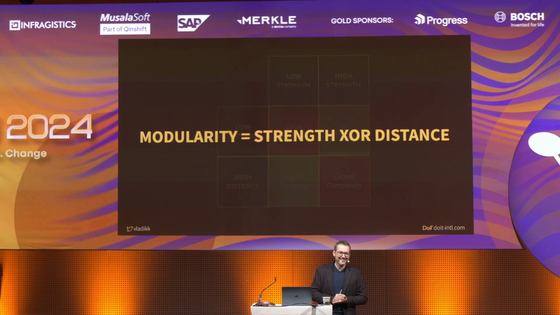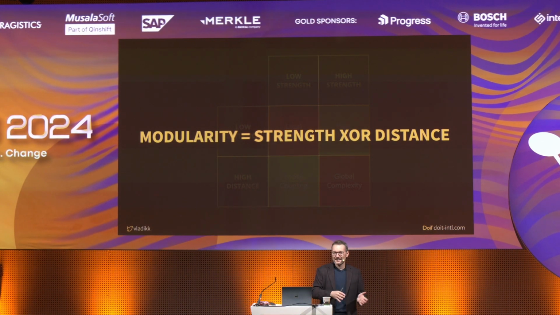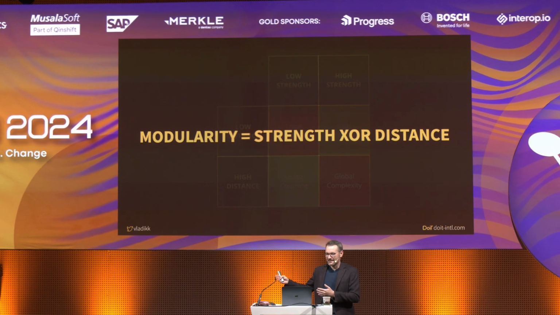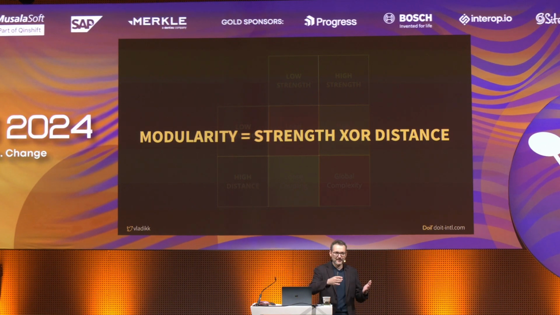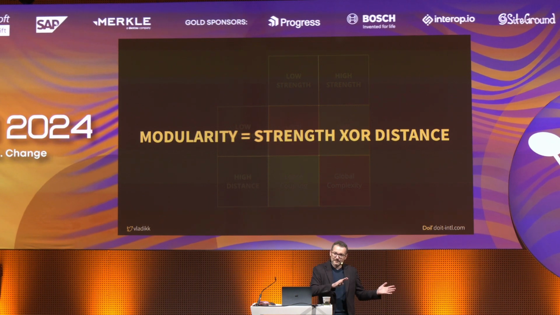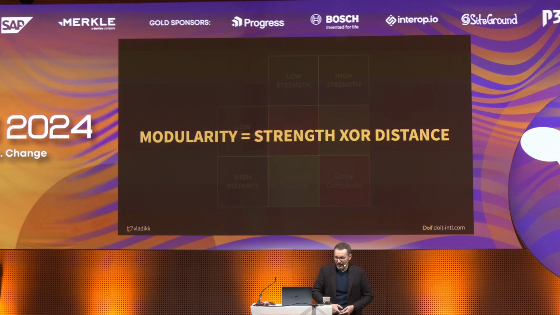Where was I? So modularity is the combination of strength and distance. If they're inversely proportional, you're good. If they're not, if your goal is job security, you're good as well. Anyway,